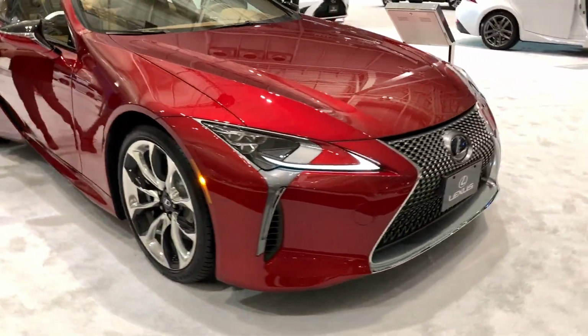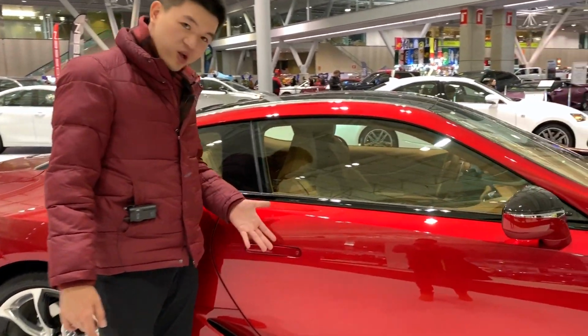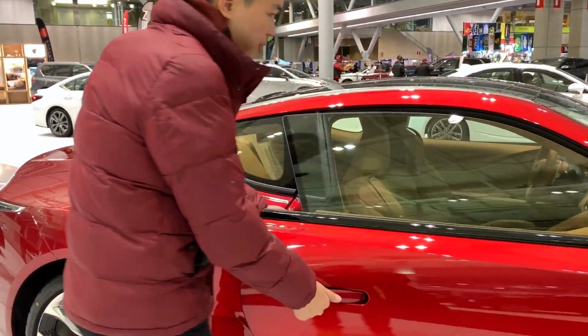Coming to the sides, to open the door on the Lexus LC 500, if you come over here, it's quite nice. They just give you that little pop-up, and you can see the Lexus logo right on here, which I'm sure is a nice detail that anybody would see. You pull this thing open,